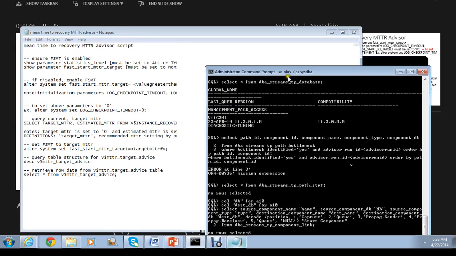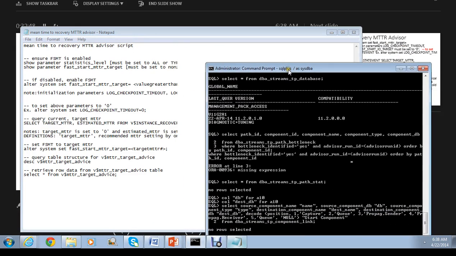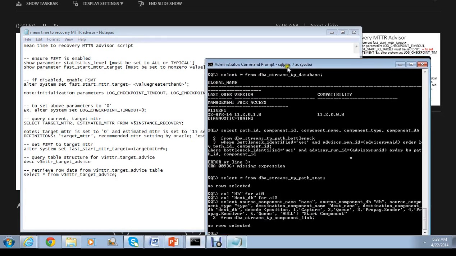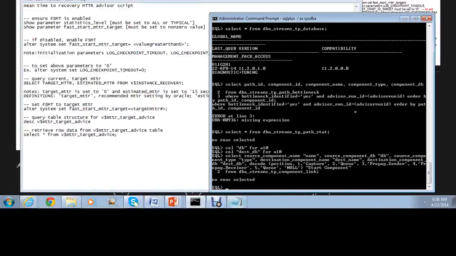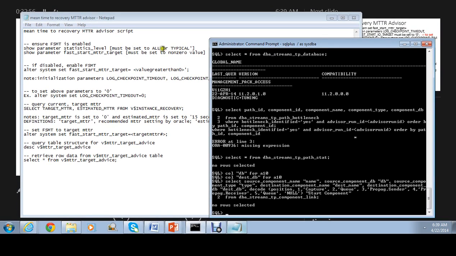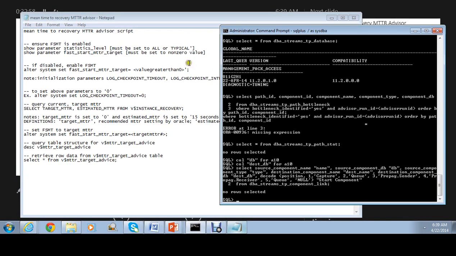So basically, here what I'll do is let me just go over. I need to run a number of show parameters commands. First, I need to confirm that I have my statistics level set to all or typical. So I would type in show parameter